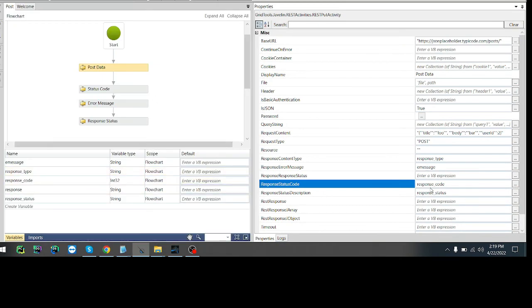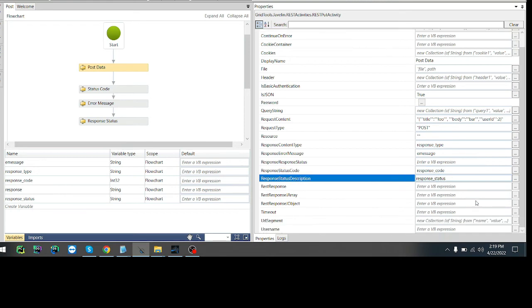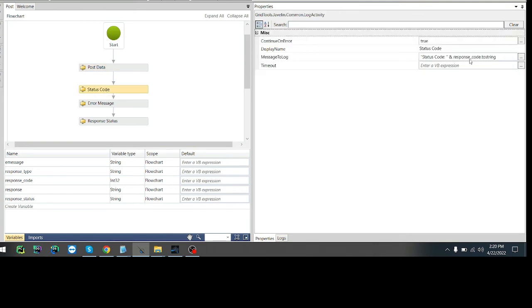As I was saying before I digressed, I want to return my code, my status, and I'm not really returning anything else, right? I just want to see that it was created. So on here, I'm writing out the status code, right? Here, I'm writing out the error message. I don't have to make it ToString because it is a string. The status code kind of tricked me. It is an